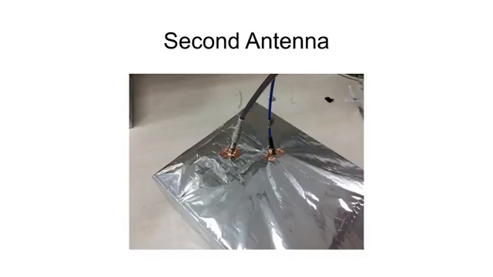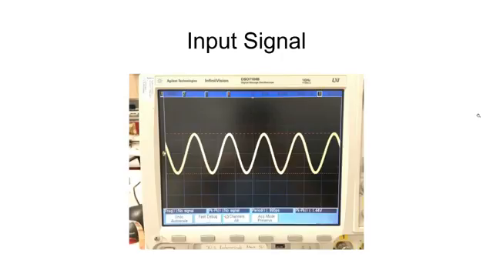And after that I implemented my second antenna. I give my signal from here and I observe my signal from there, and I want to see the loss amount at the cutoff frequency. If it is not at the cutoff frequency, I would observe exactly the same signal, but at the cutoff frequency there is a change, and I will show you this change. This is my input signal. As you can see, it is 1.44 volts, and